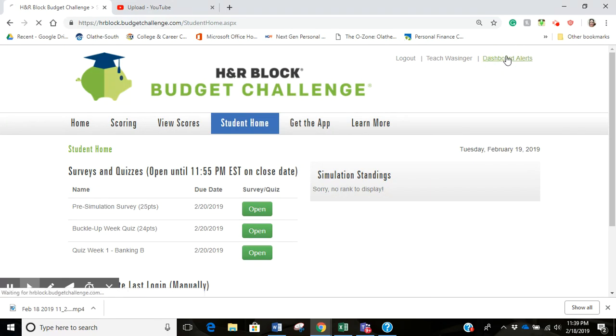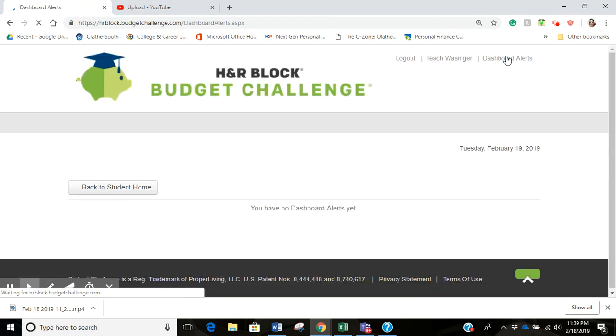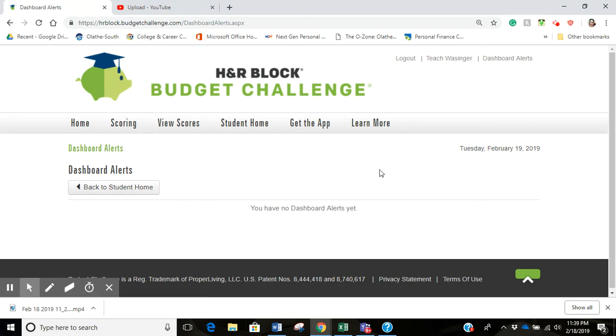You're going to go to Dashboard Alerts. You're going to log in each day because you are given credit for your logins, for your quizzes, and for paying your bills on time. As you see, I have no alerts. You will have alerts. It's going to tell you that you owe rent, and so you need to write a check for that. You also have a credit card statement that's due, so we will need to write a check